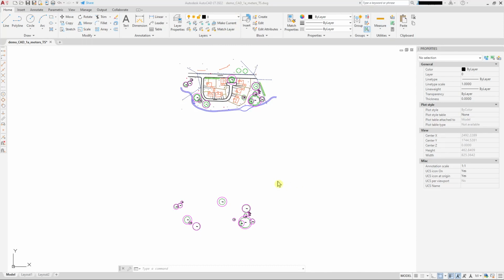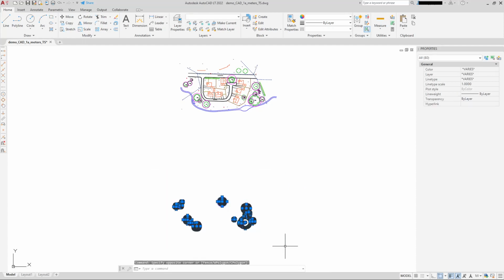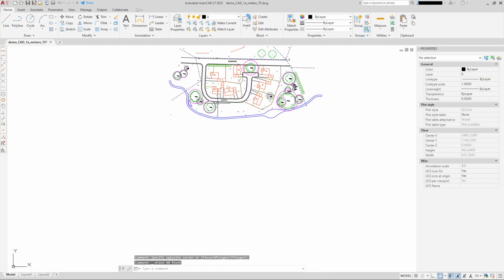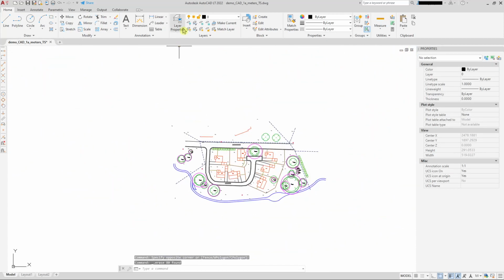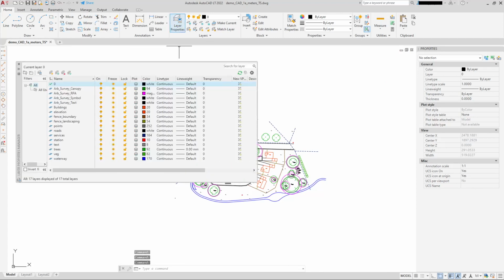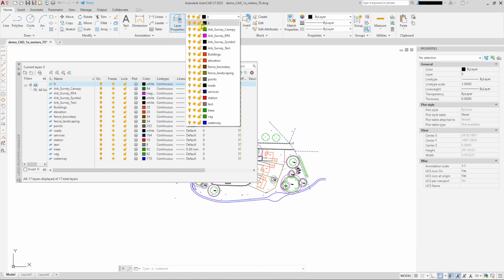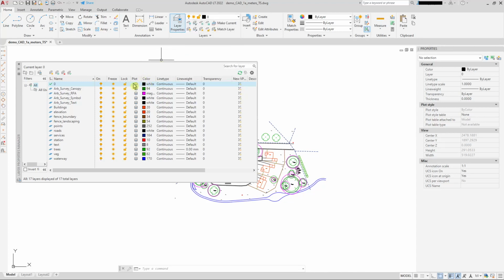So let's look at the properties box, the layer properties, and what we have here are a few more little controls and things. You've got your layers listed. These follow the same arrangement as this. You've got on, freeze, lock. Well, you've actually got plot squeezed in there between the colour. The plot